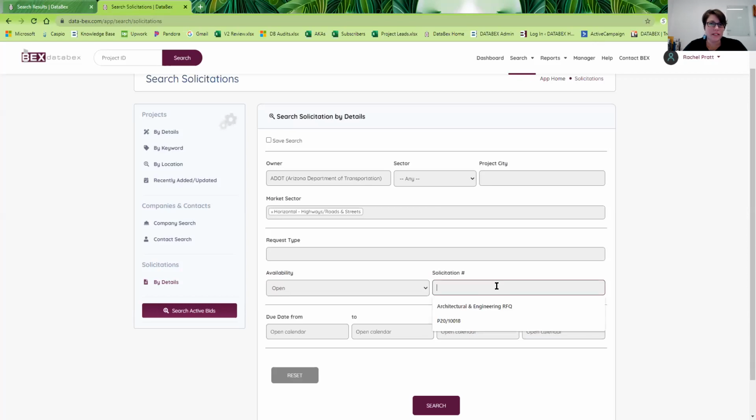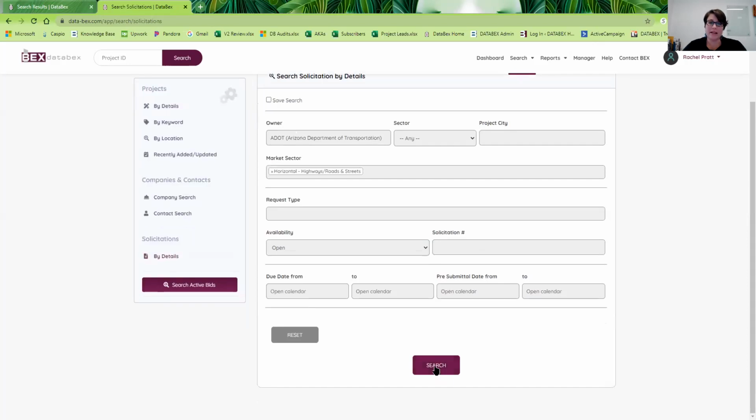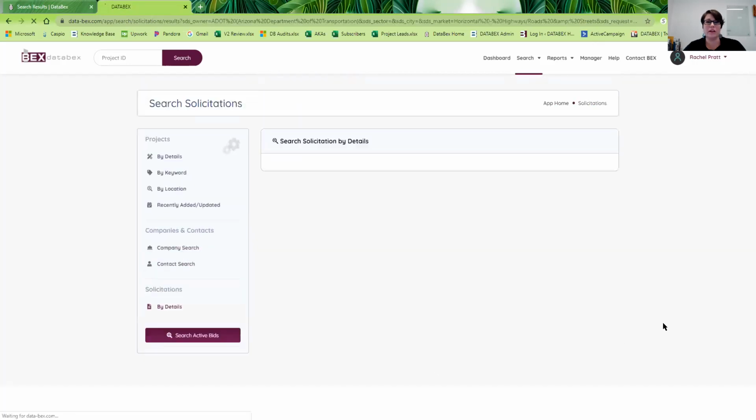Or if you're looking for a particular solicitation number and you have that number, we have an option to search for that, as well as when the due date is from low to high and a pre-submittal date. So if you're looking for pre-submittal dates coming up, you can do that here. But for the demo's sake, let's go ahead and see what ADOT has currently open for horizontal construction